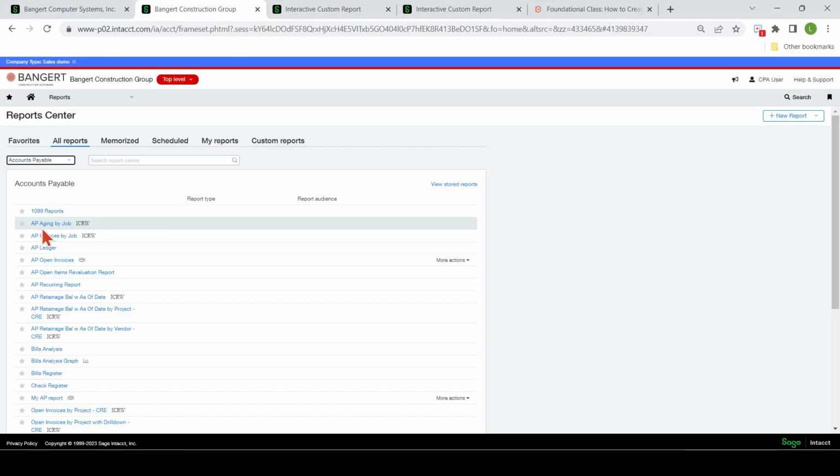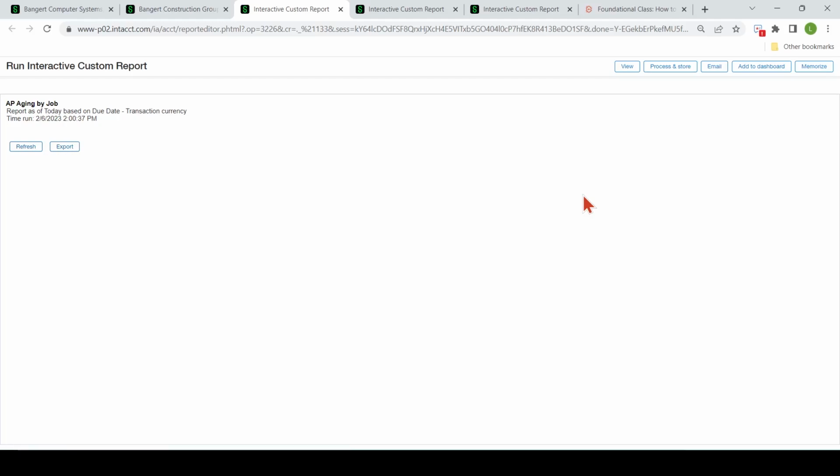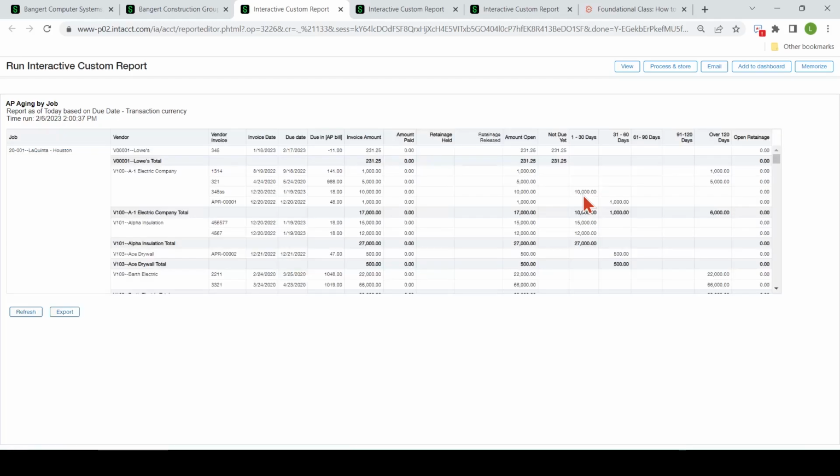The AP aging by job was created using the interactive custom report writer. It might use a couple of different tables, for example, and that's why it's advanced. You might be using accounts payable fields, and then something over in jobs, so it needs a more advanced report writer to tie that together.